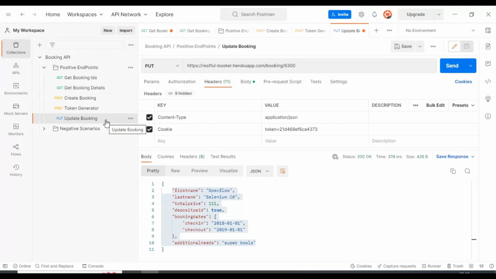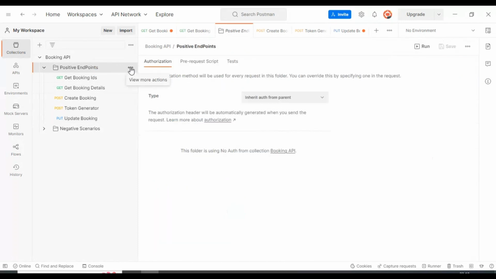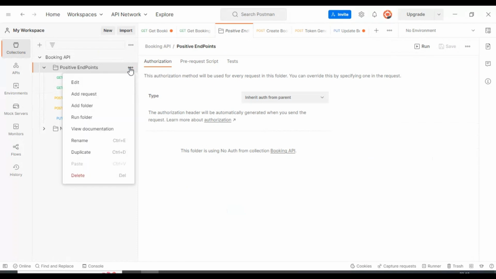So next is a DELETE request. Let us discuss how to delete any resource in the server. So let's add one more request. Similarly, how we have added a PUT request, I will click on these three dots from the folder level and I will select add request